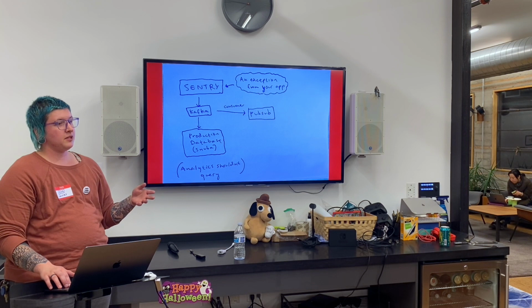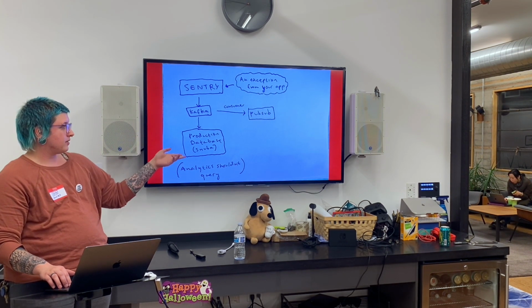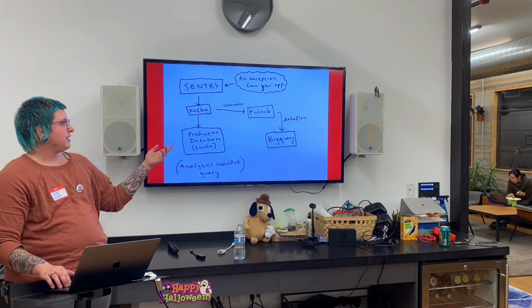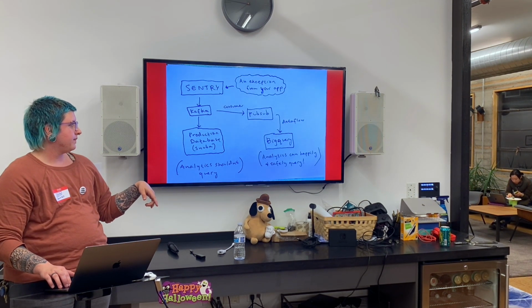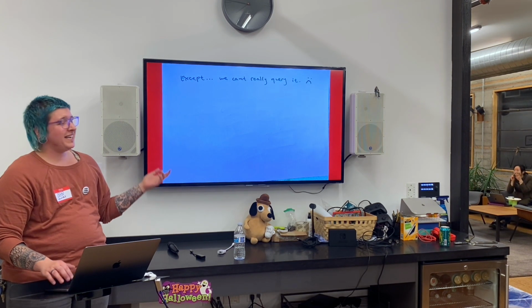This is going to look like a really similar pattern. That's because it is. Basically, I have a consumer going from Kafka, throwing those events into PubSub, and then Dataflow is bringing them into BigQuery, where analytics can happily query. Except we can't really query it,